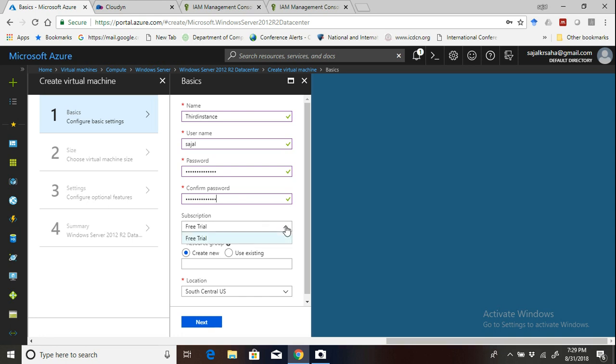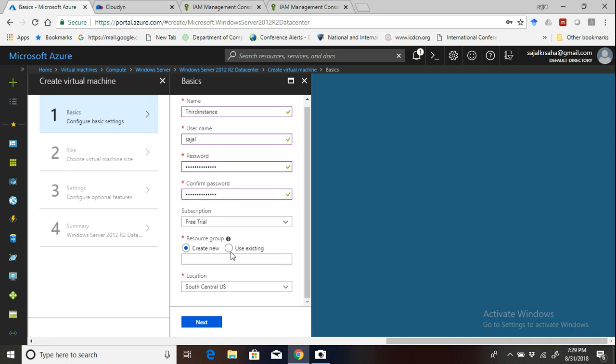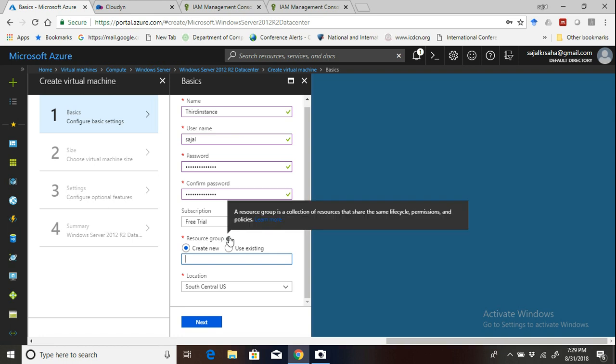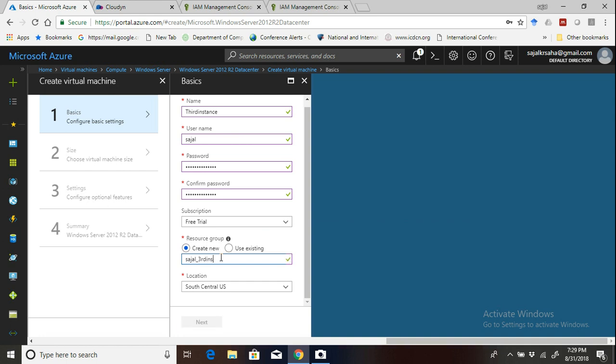Now I am taking this under the free trial category. Now I am creating one existing resource group. Actually you have to create one resource group if more than one person wants to access this server. In that case you can also create the security policies or the access policies. That means whether you want to give only read only permission or read write permission, and so on. So I am creating the new security group, that Sajal third instance,